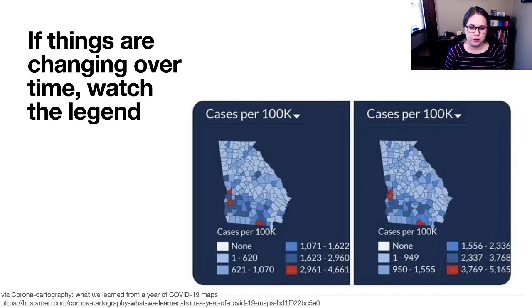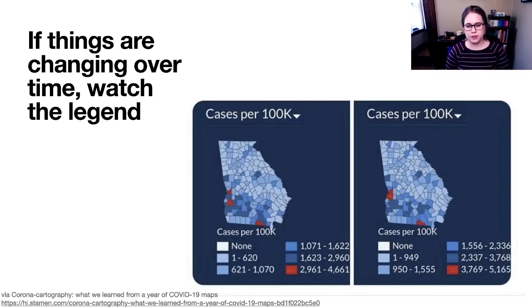So one week, they used the software. They said make a map and use 6 breaks, and so the software split it into none, 1 case to 620 cases, 621 to 1,070 cases, and then the highest bin was